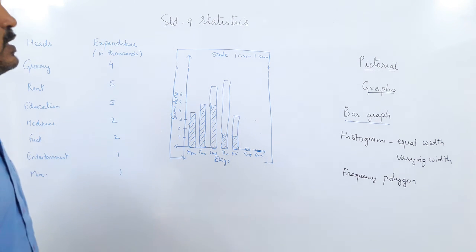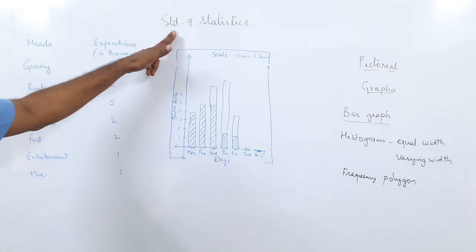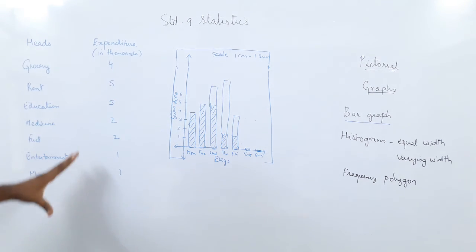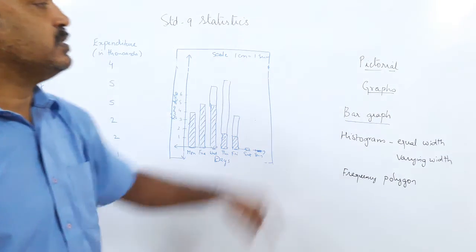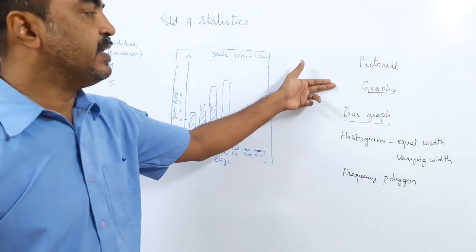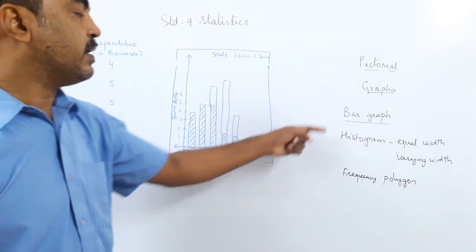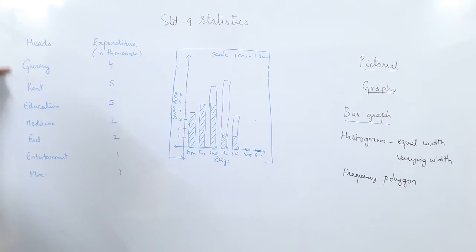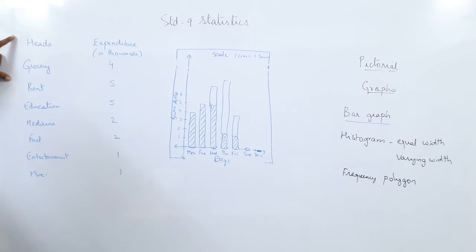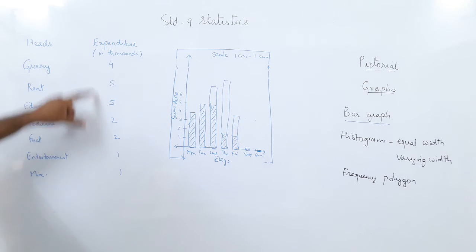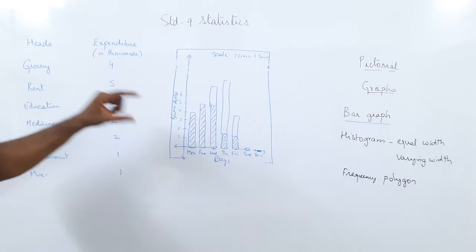In yesterday's lecture we had done a bar graph. What we saw yesterday is we have got statistics, data which we showed in a frequency table. But a pictorial representation is much easier to see. So we were studying graphs. Yesterday we did bar graph. Now you can see the bar graph is very good for non-numeric data. If you remember yesterday we did grocery, rent, education, shown in the form of bars.